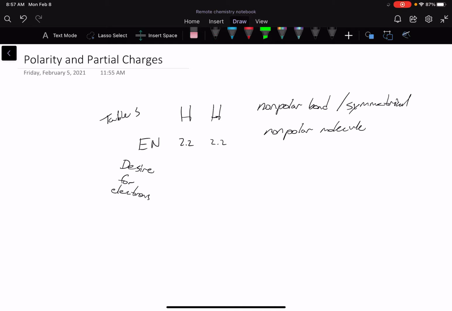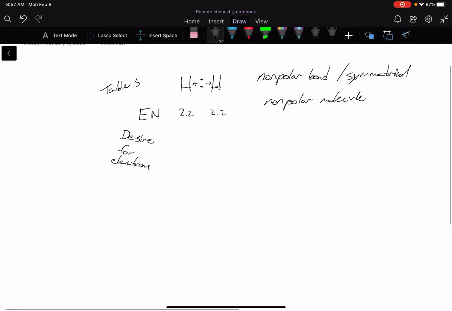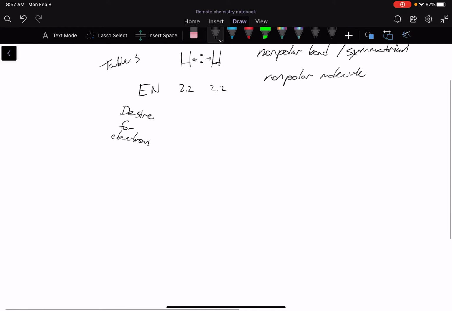We can also draw it like this. So these electrons are equally desired by both of the hydrogens. And so there's a symmetrical distribution of charge, or electrons, within this molecule. Let's look at another molecule where this is not the case. So we're going to look at